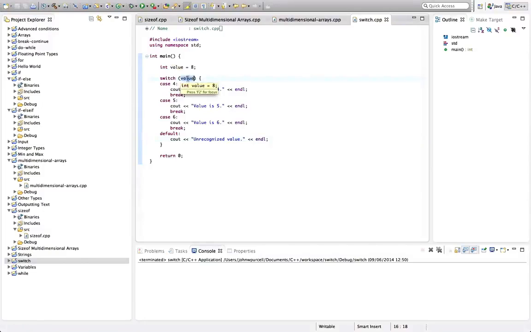Now we can only use certain types of values in there. We haven't seen the enumerated type so far. So all we can really use in there from what we've seen so far is integer type values. We could use